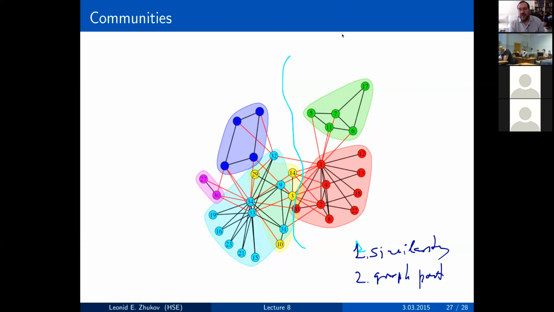This method also requires betweenness calculation. I'm sorry, betweenness calculations for every edge, but for the betweenness calculation for every edge, you have to go through all the pairs of nodes, and it's again quadratic in this number. Again, you can make things better. There are algorithms that allow you to calculate betweenness much faster, but it's still not the method of choice, because